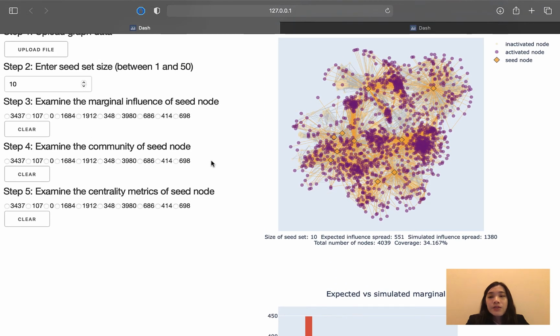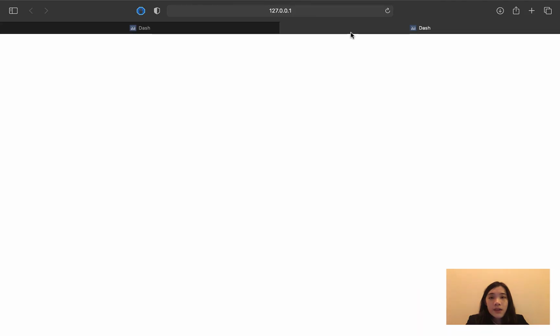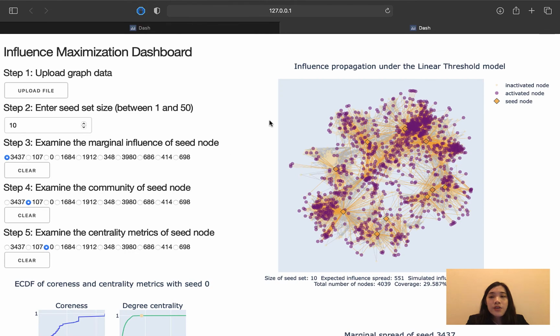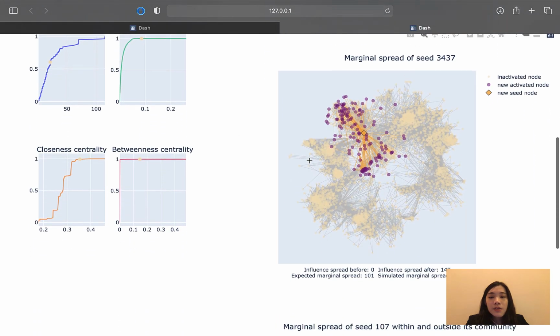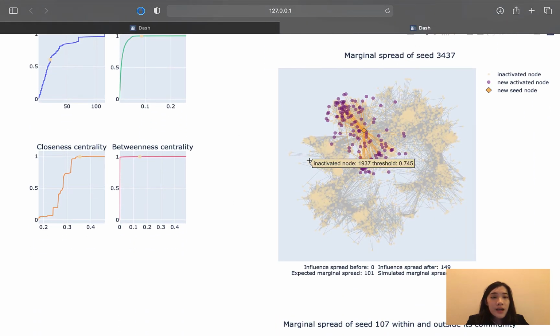From step 3 to step 5, there are all independent functions. That means that if we press clear on any of the buttons, that graph will be deleted. Step 3, and again we have them already rendered to save time. In step 3, the user can choose a seed and see how the newly selected seed will contribute to the influence spread. This is a graph that is produced by seed